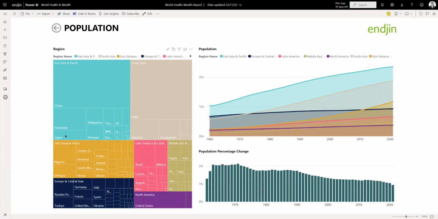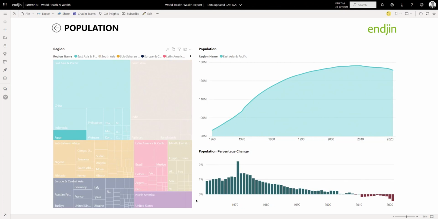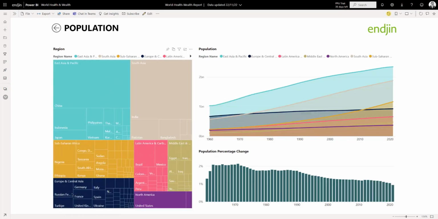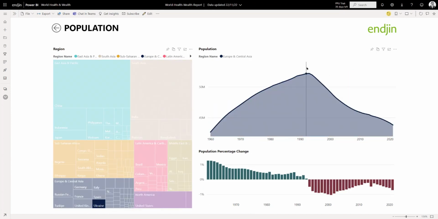And we know actually for countries like Japan, if we zoom into Japan, that in the last 10 years, fertility rates in Japan have been negative. There's a slight decline in the population in Japan as a result of that. And we can also see things like, if we zoom into Europe, for example, and we look at Ukraine, it's seen significant decline in population, but that's more driven by economic migration rather than fertility rates.